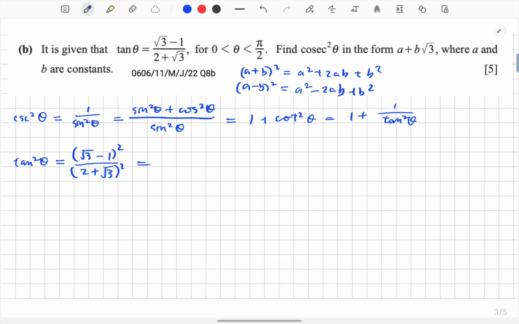So that's expanded. And when we combine like terms, it will be